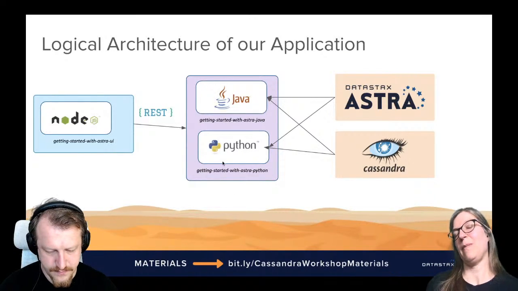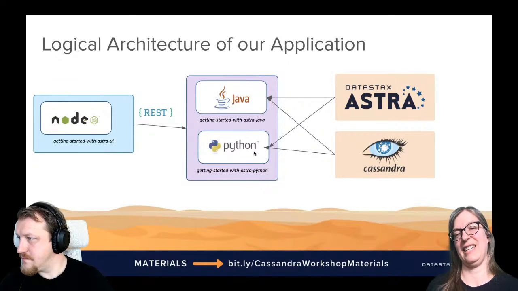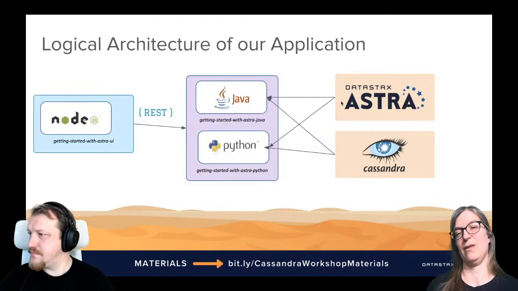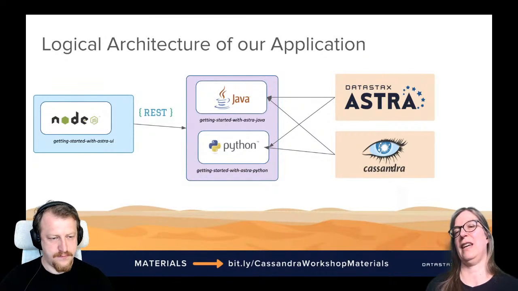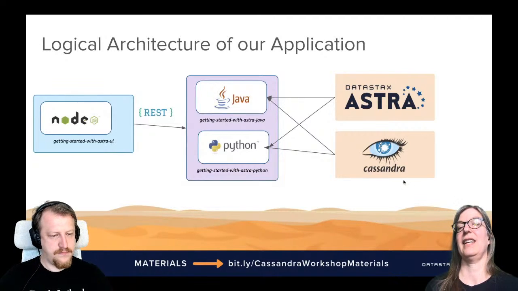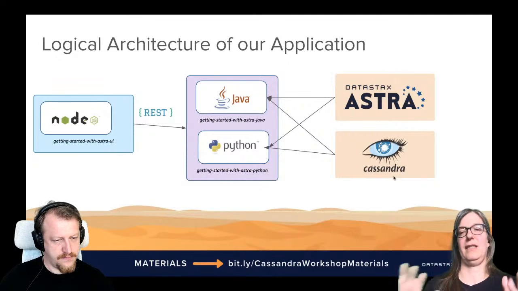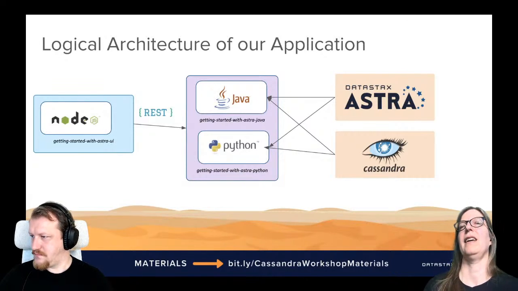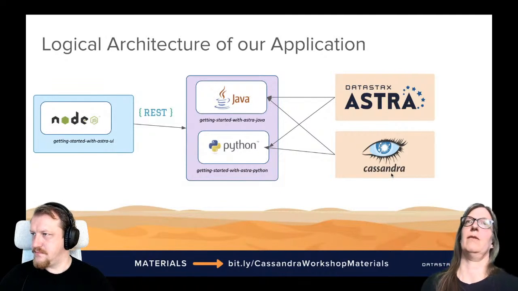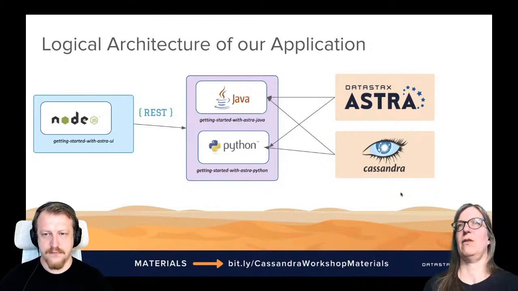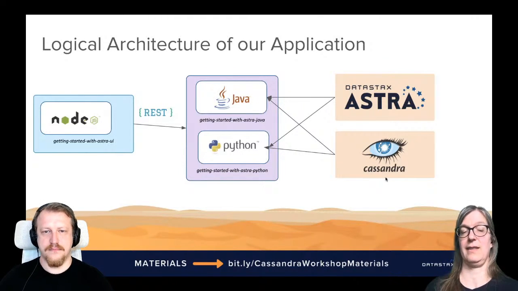And then from the backend, we have various choices. We can communicate with Astra, or we can put it into another Cassandra installation. To keep the demo simple, we just do it with Astra today. If we have enough time, we can obviously go and deploy the Cassandra operator again and install the Cassandra database. But otherwise, I would say try it yourself and ask us if you have any questions.